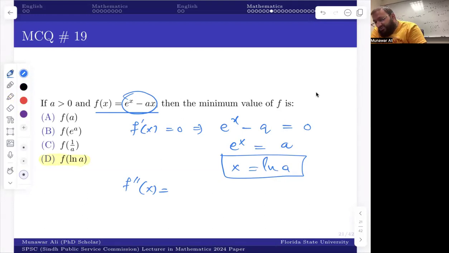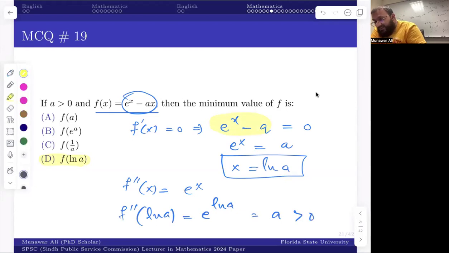You differentiate it again. So the first derivative is this function, and the second derivative is e to the x. The derivative of a is 0, no need to write, and f double prime evaluated at log a is going to be e to the log a, which is a, which is greater than 0. And you know very well, if the f double prime value at a stationary point is greater than 0, it's going to be a minimum value. If it is less than 0, it's going to be a maximum value. And if it is 0, then the test fails, or we are unable to conclude what happens,